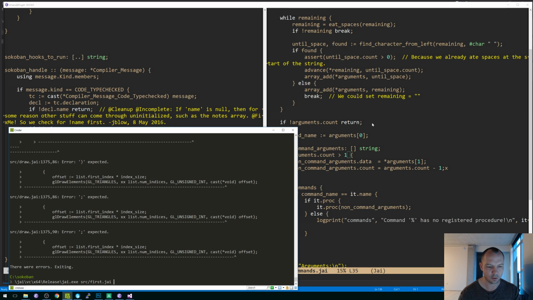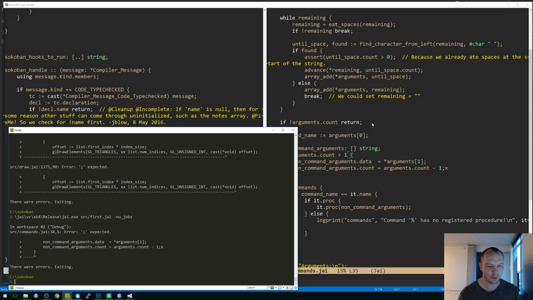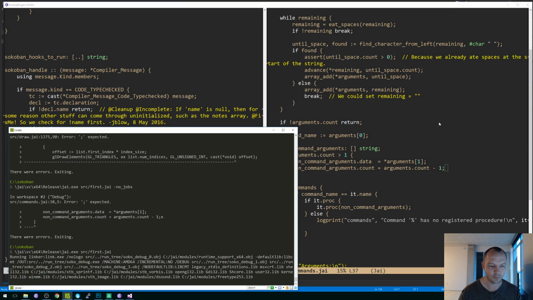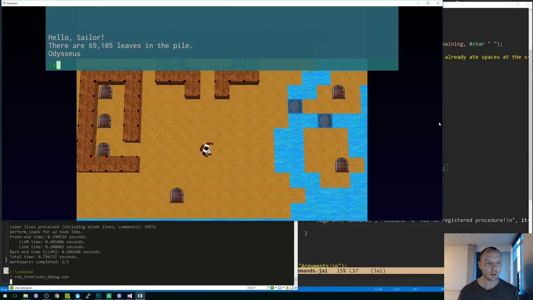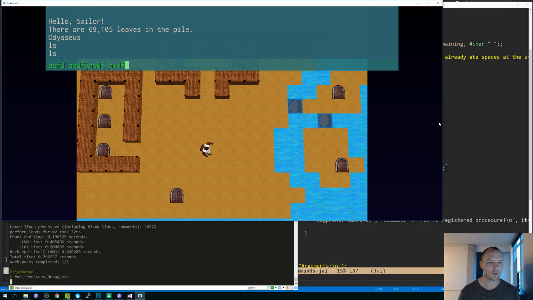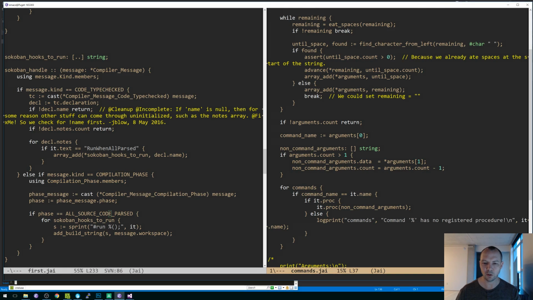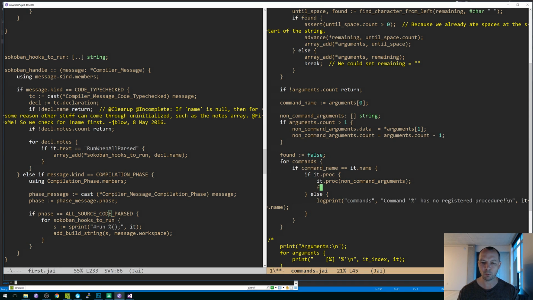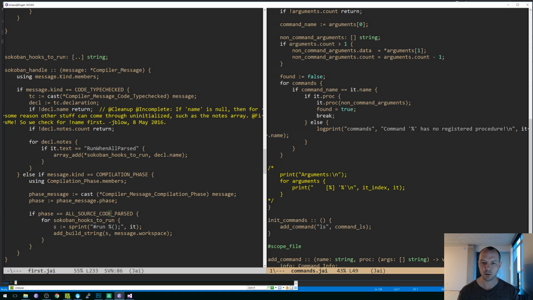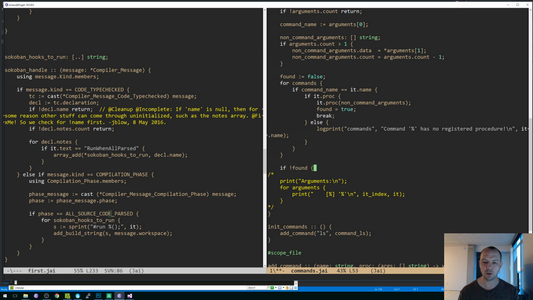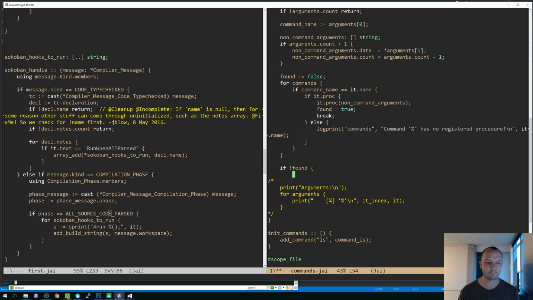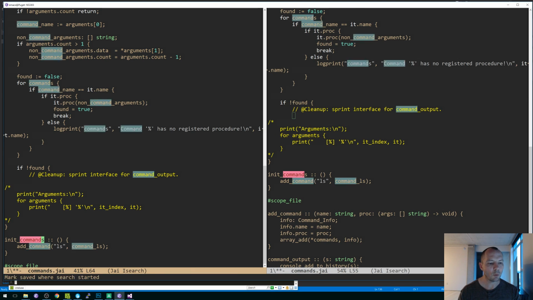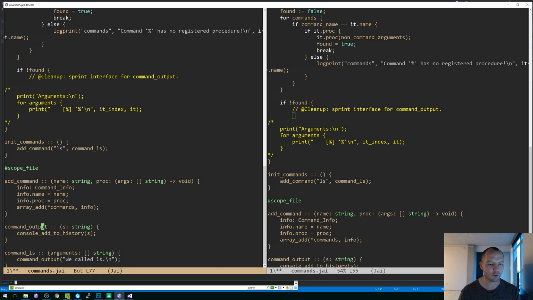What is going on? Semicolon. Oh, I spammed an X into my... All right. So ls doesn't do what we wanted, but all right. So let's do two things. Let's say found is false. If we call the proc, found equals true and break, right? So if not found, now we might be calling it and our command output isn't working for some reason. That would be weird, but